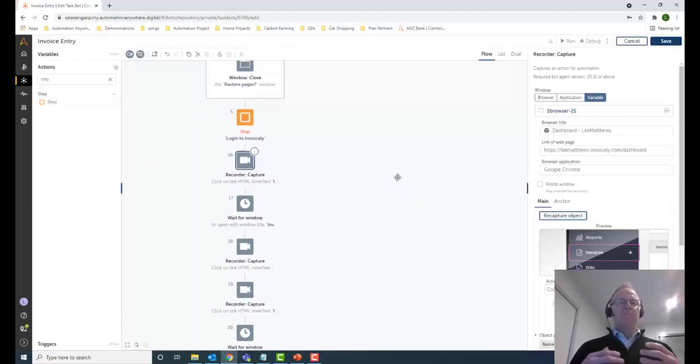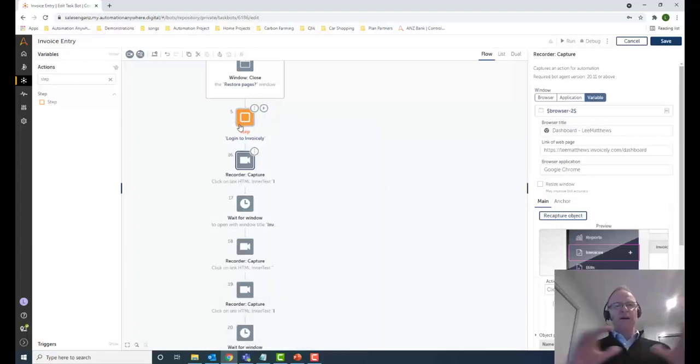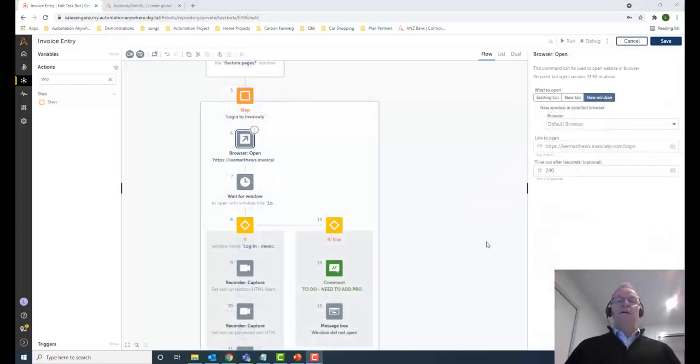So there's a couple of great utilities: using the comment to flag why choices have been made, what was done, and things that are yet to be done, and also using the step command to break things down into structure to make it a lot more readable, and it also gives you the opportunity to put in comments at the step level as well. Now, another great way to make your bot logic more maintainable is to parameterize things where